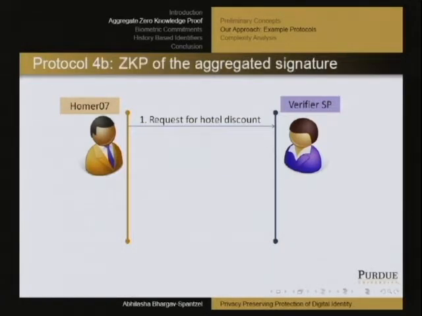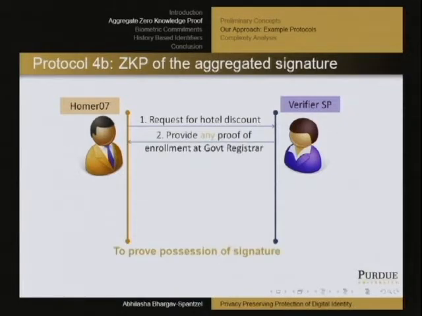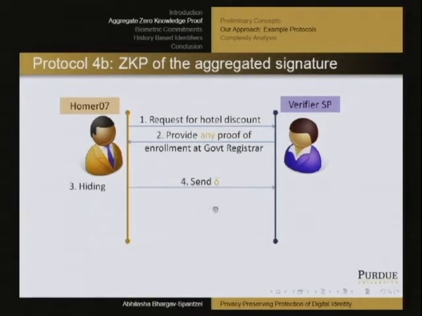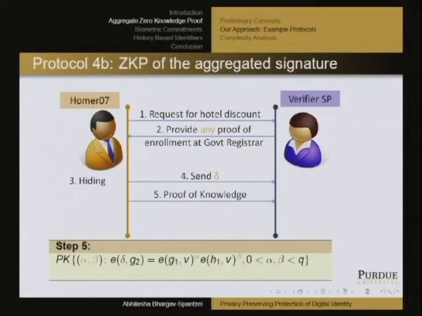So to make this scenario even more interesting, let's consider the case when the service provider needs any proof that he has enrolled with the government. In this particular case, Homer can provide a signature in a hidden form such that if he goes and proves the same thing to the service provider twice, these various things cannot be linked. So he stays unlinkable. So the first step is that he hides the signature. A very simple way to hide it, he just chooses a random and creates delta. Now, instead of sending the aggregate signature, he sends this delta to the service provider. And now the service provider and Homer engage in this proof of knowledge, where he shows not only that the signatures are valid, but also he knows the secrets behind those signatures. So in between all of this, basically the key thing that we get is that individuals can prove that they have certain strong identifiers